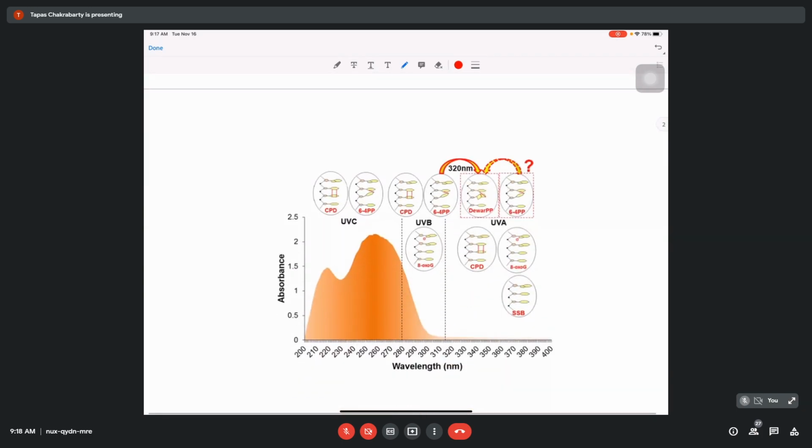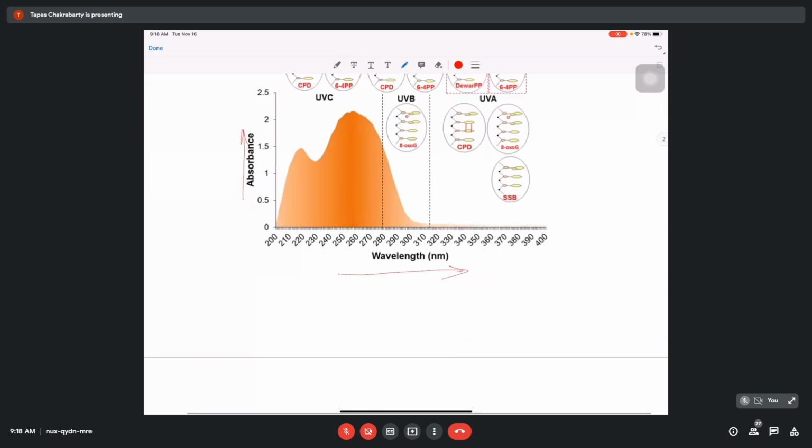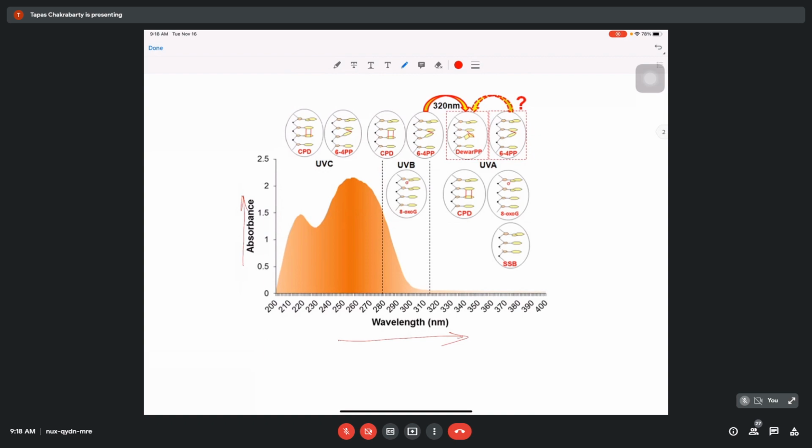What I have given here is basically a cartoon type of diagram, not the exact intensity distribution. If you look at my screen here, it is basically an absorption spectrum that is presented, the absorbance, which you are familiar with. Absorbance is plotted against the wavelength of the light, and the particular molecule chosen here is a DNA molecule. What you can see here, this shaded region, is the typical absorption spectrum of a DNA molecule.